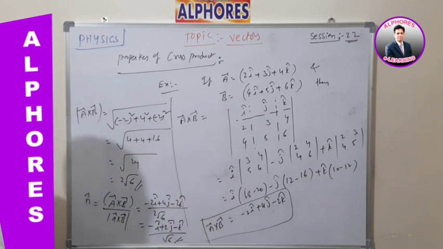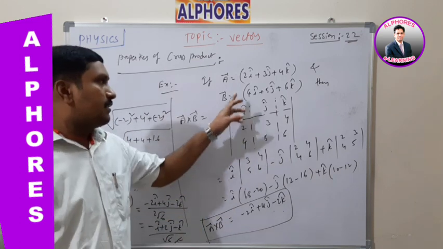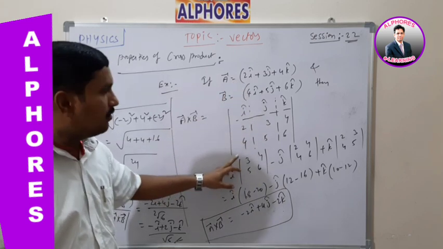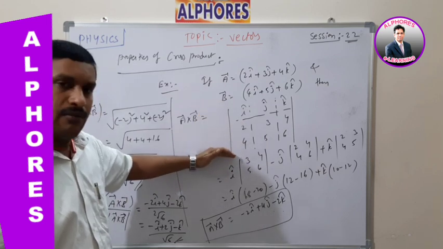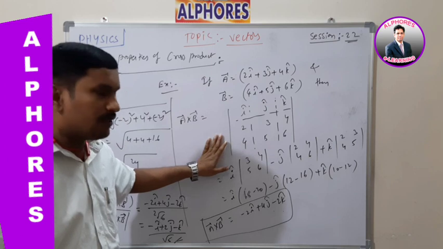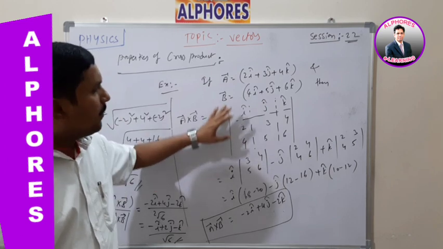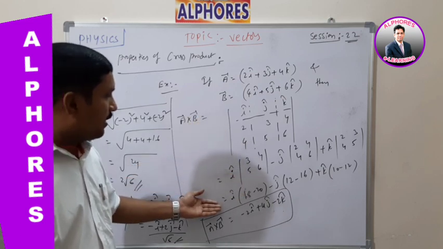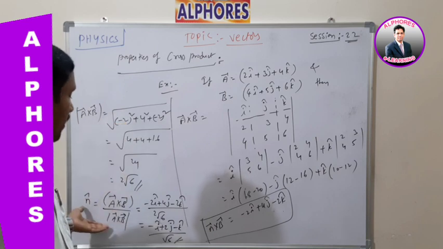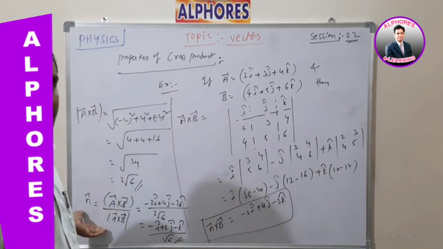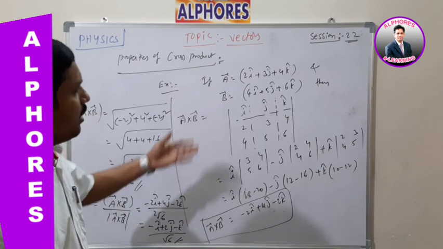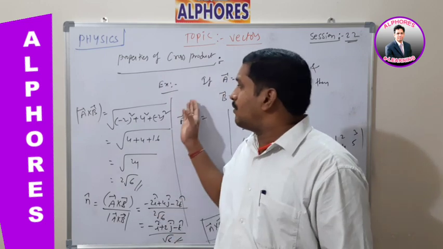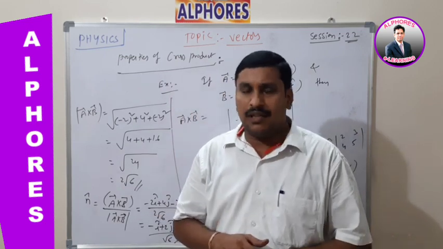That means if I know the two vectors according to the data, then I have to find the cross product of two vectors by taking this method only. By solving a number of problems in this way, you get the simplest way to determine the cross product of vectors, and it becomes very easy to solve. After getting this, I have to find the magnitude and unit vector also. Tomorrow in the session I will explain the problems related to the cross product of vectors and the remaining properties. Okay. Right. Thank you very much.